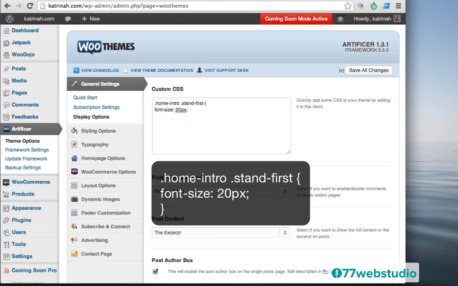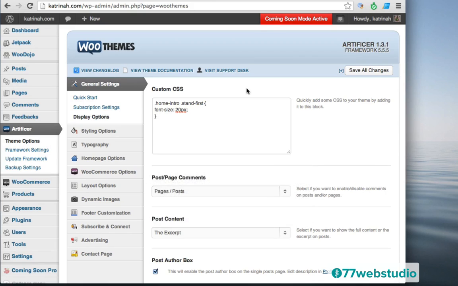And then on the next line I'm going to close this code by adding a closing tilde bracket. So once again I'll add this to the video in case you cannot see this very well. So no worries if you can't see this, I'll add this in the video. Okay, so once you have the new size here, go ahead and click on Save All Changes to save the changes.